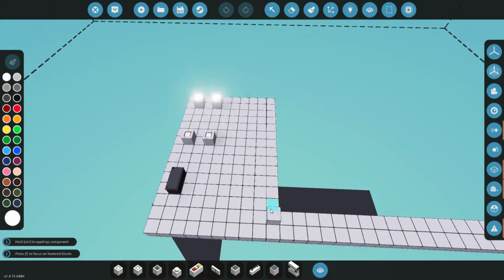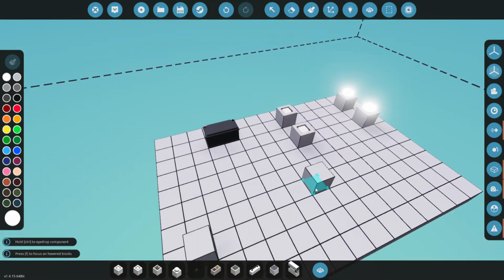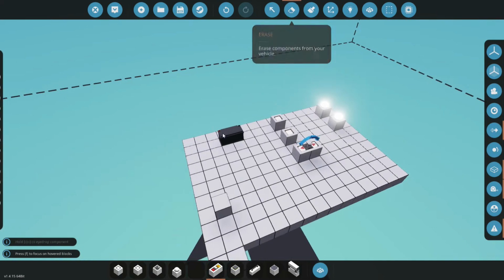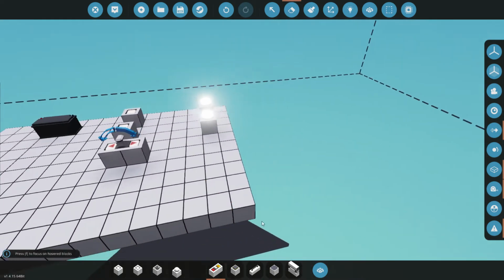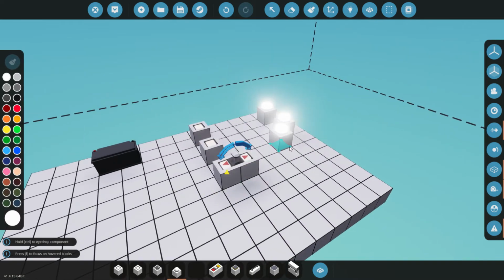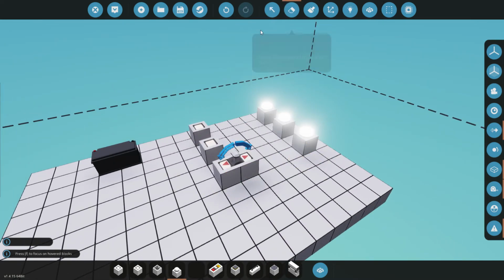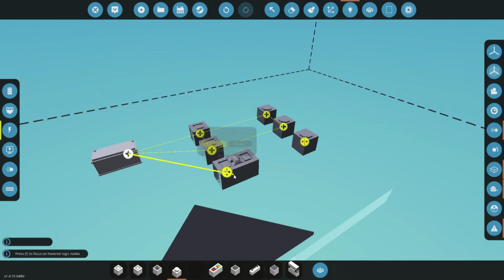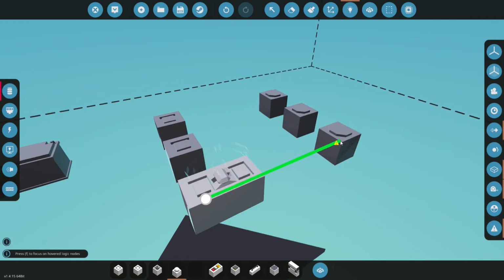Okay, so now what you're going to want to do with the throttle, it's a bit different than these buttons. It needs to be connected to something that uses throttle. So we're going to try a light here. I'm not entirely sure if this will work. I haven't really tried this out, but connect up electric to this. I'm just connecting them because I want to, because it looks kind of cool. You don't have to, but now we're going to do data, connect it,